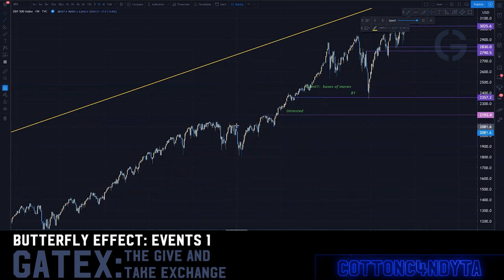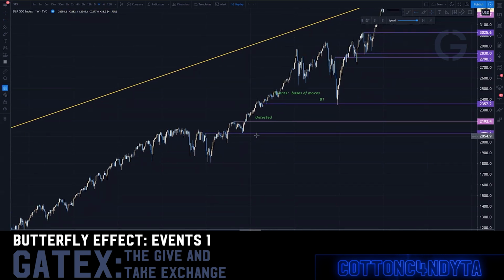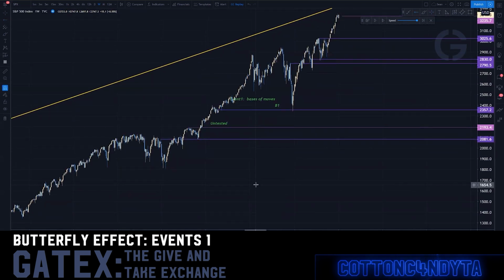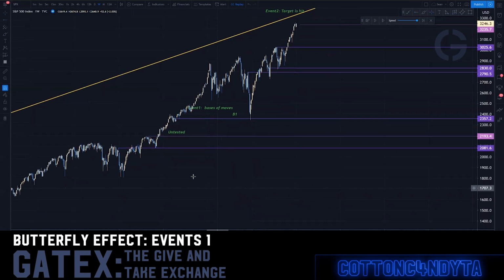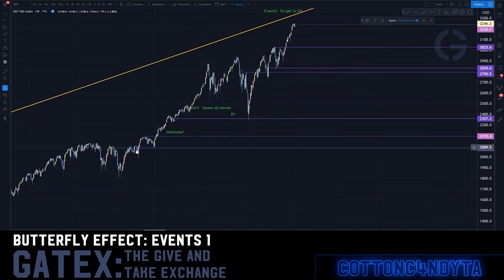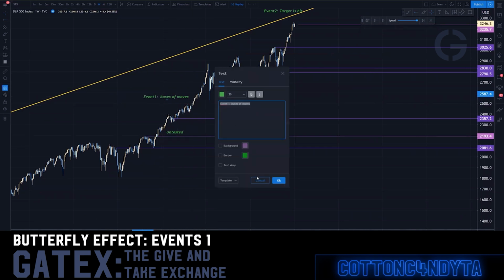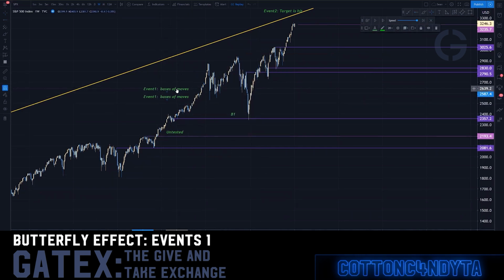It would be right here. Oops, no, wrong one. If you did have the base of a move, it would be right here, which could possibly be where S&P falls to in the future. Again, if something happens, its next target would be this, which could presumably create the next thing. So as you would have this event here, you'd have the same event down here,